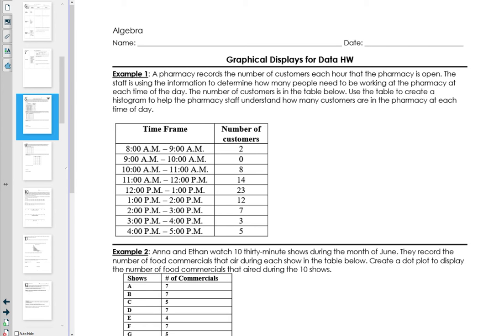I've seen bar graphs go sideways, but typically your independent variable should be your X, horizontal, and your dependent variable should be the Y. So in this case, I'm going to make time the X, horizontal, and then I'm going to make the number of customers the vertical. We need to go from 8 to 5, right? So 8, 9, 10, 11, 12, 1,